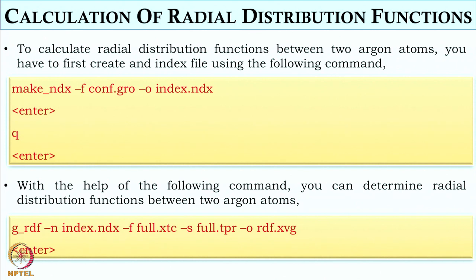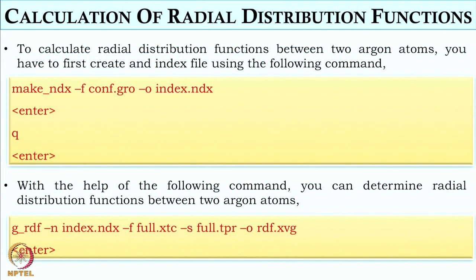Whenever we want to analyze any file or calculate any property, there are three files that are needed. The first is the ndx file, that is the index.ndx. Then the xtc file, that is the trajectory file, and then the tpr file. These are the three files required for any kind of analysis. Does the TPR file include some information of the trajectory? No, the TPR file doesn't include it. The TPR file includes information about the topology file, the GRO file, and the MDP file, but it doesn't include any information regarding the trajectory. All information regarding the trajectory is contained in the XTC file.